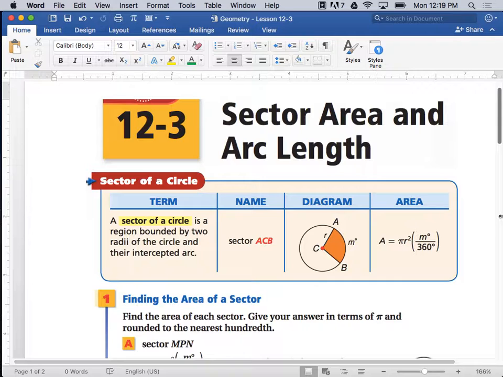Now, listen carefully. The measure of the arc, let's say this is AB, I might say the measure of arc AB, that's in degrees. If I say the arc length,